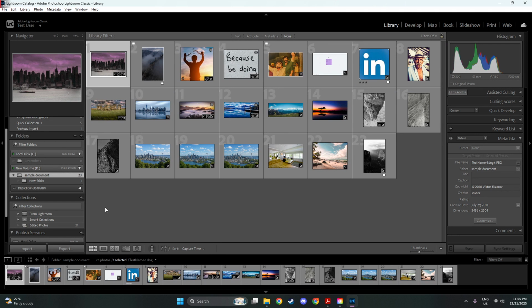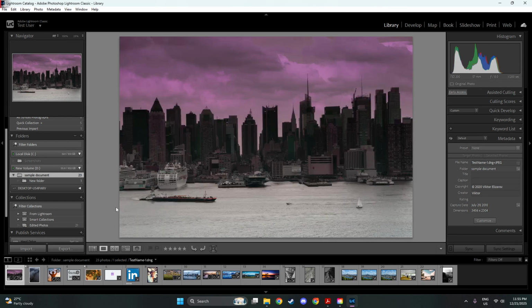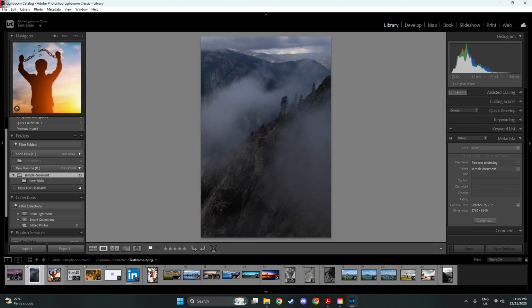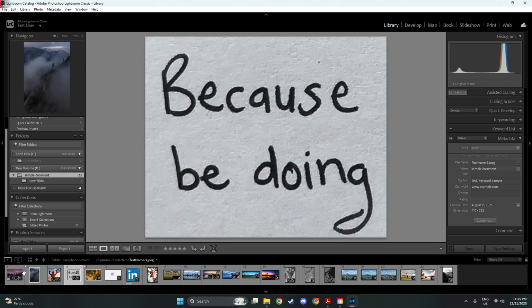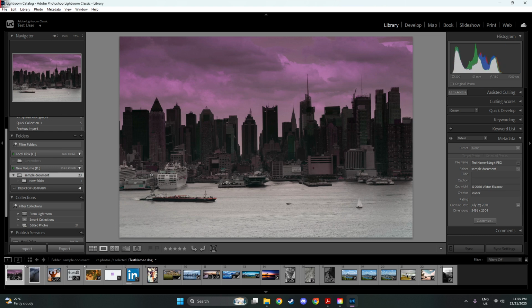When you need to examine an image more closely, switch to Loupe View with the E key. Loupe shows a single photo and helps you check focus, composition, and subtle details that are easy to miss in a thumbnail. This is especially useful for making sure a portrait is tack-sharp or that a landscape's horizon is level